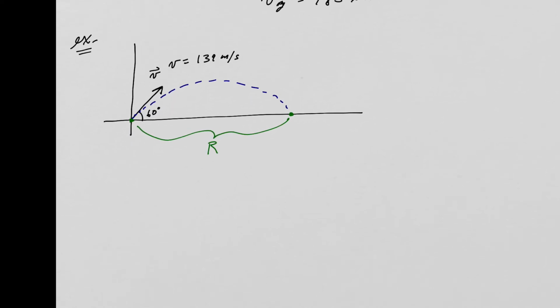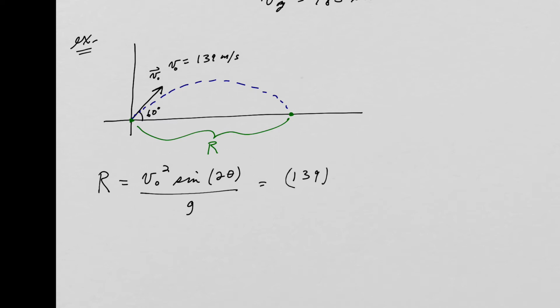So we know that R, the range, should be V naught squared. This is really V naught, right? It's the initial launch velocity, times sine of 2 theta divided by g. Well, V naught is given, that's 139. So this is 139 squared times sine, theta is 60. 2 times 60 is 120, so this is sine of 120 degrees, divided by, and then we